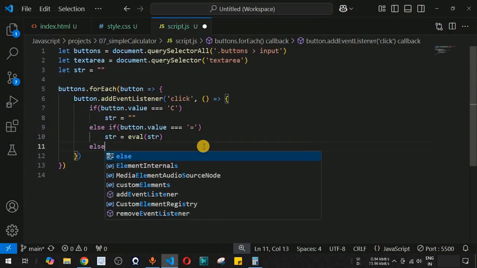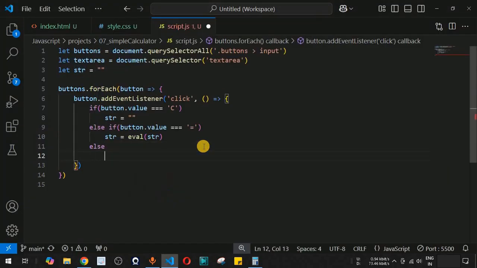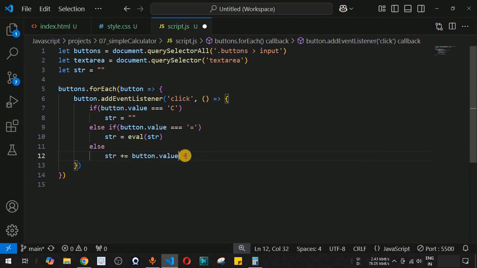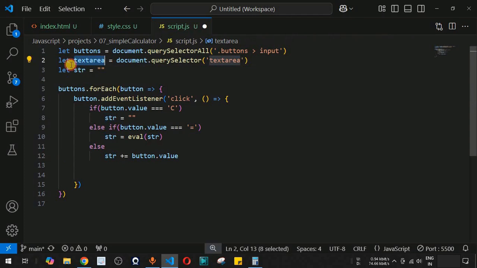So we have to come to the else part over here, and simply whatever button is clicked, we just need to append it to the string variable this time. So simply we will provide button followed by dot, and then we have the value. So guys, one at a time, the button value will be appended to the string variable over here, and then in the end what we have to do is this particular value inside the string needs to be displayed inside